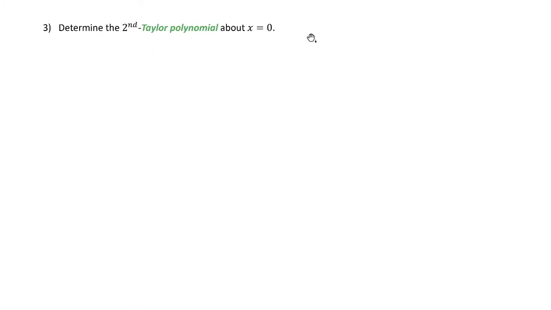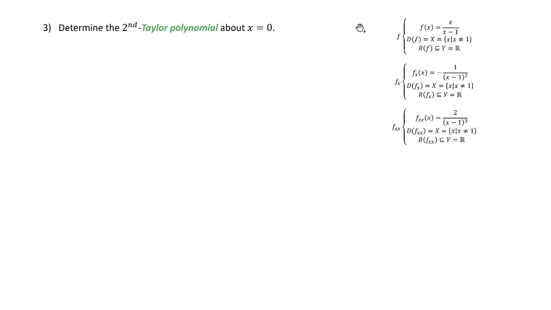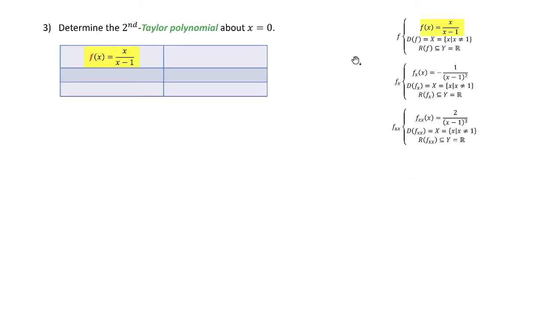Now, determine a second Taylor polynomial. We just did this in the previous problem. Make a table, and then plug into the formula. Again, I'll pause, and I'm going to put it up here now. So here's my data, right? I just make the table. There's my function